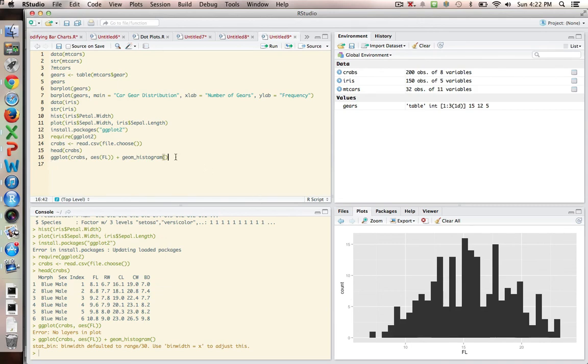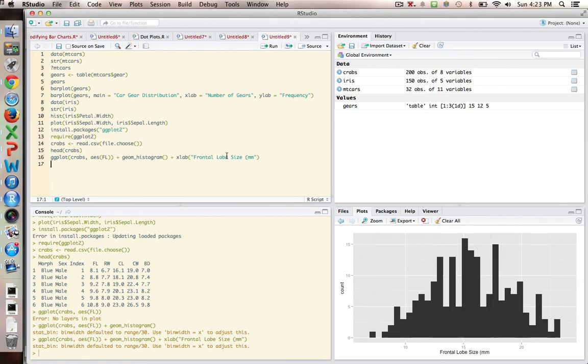Let's say that I want to change the x label. I want to make it a little more descriptive than just FL. So as we were doing earlier, we're just going to use xlab, but in this case I call it Frontal Lobe Size. Oops, make that capitals. And just so the reader will know, I'm going to put it in millimeters. So let's run that, and now I've got a new